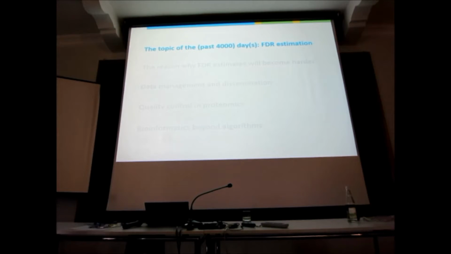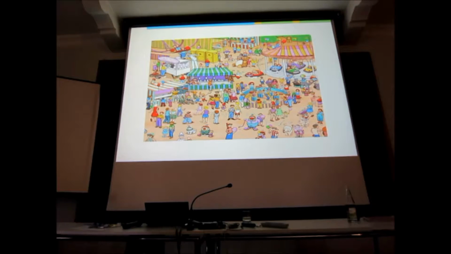So, FDR estimation. I usually use this amusing little picture that some of you may find familiar to explain what the problem is with identifying peptides. It's not a perfect analogy, but it works reasonably well. You have to find Waldo, or Wally, depending on where you are in the world. And you know Wally has this white t-shirt with red stripes, and you know, he's a funny character. And so what you do when you go through this is you check everyone and you see whether they match the mental image of Waldo.